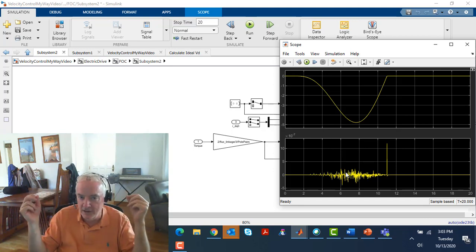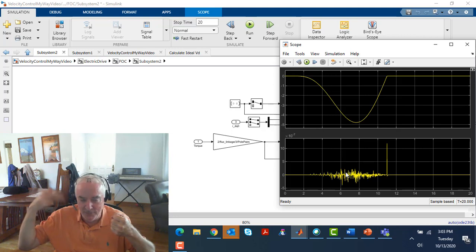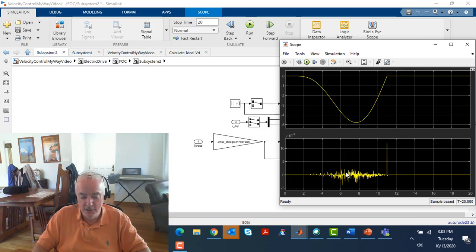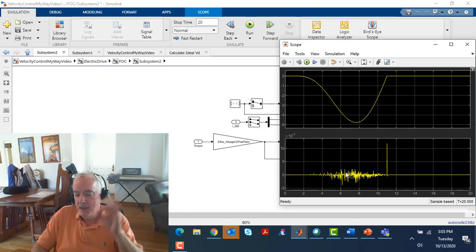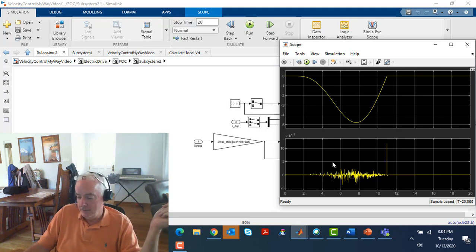All right. And so that's why this idea of a rubber band has always been in my head with regard to what PIDs do. And certainly when they're taught, they often talk about, well, KP is like a spring and KD is like a damper. So that analogy is a useful one. Right. But let's get back to this topic. And so with regard to feed forward, and especially simulation of a motor, where we're applying feed forward, it's by definition almost that we know exactly what the system is, and that we have a controller that certainly knows,